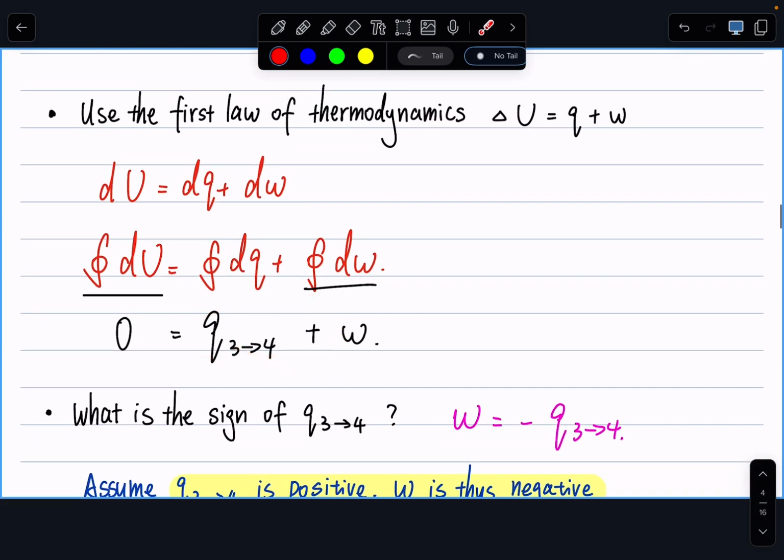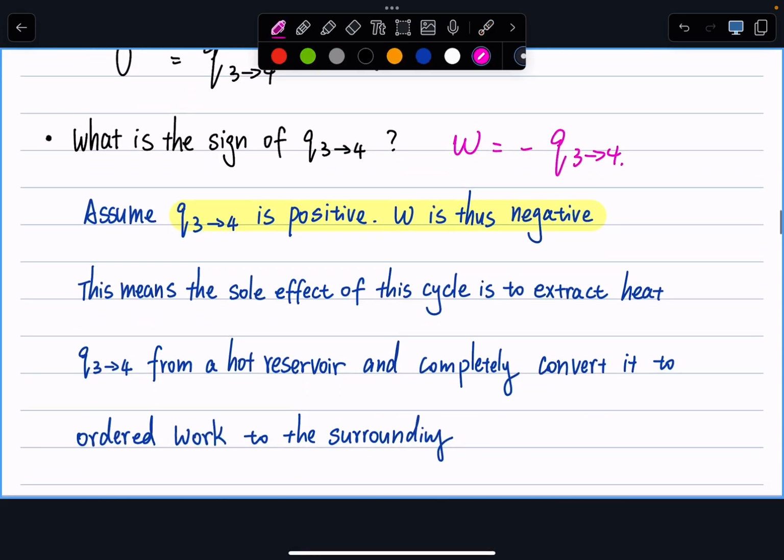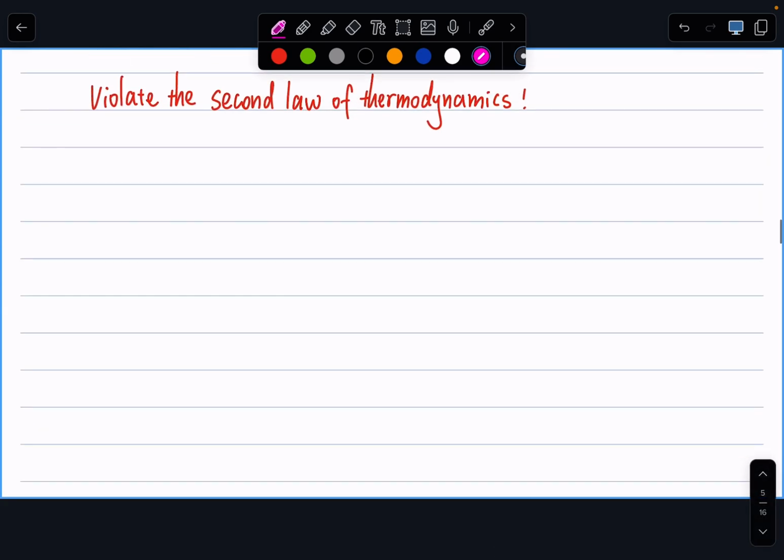In here, the reason we derive that their magnitudes are equal is using our first law of thermodynamics, that energy must be conserved. Since we have 3 adiabatic processes, the total heat input must equal the negative of the work output. Or the other way to put it, by using our first law and second law of thermodynamics, we have demonstrated that this cannot be true. So our Q 3 to 4 must be negative.